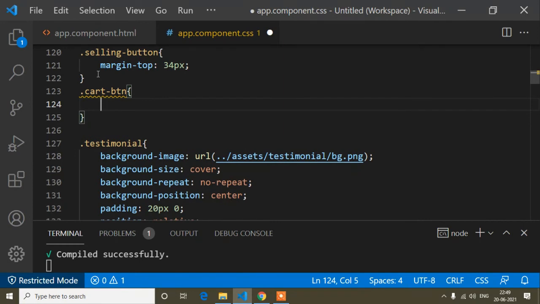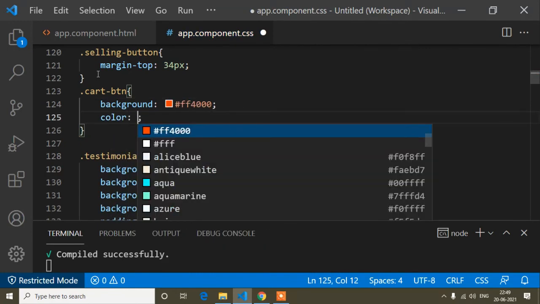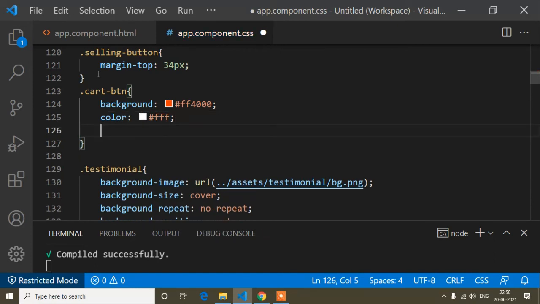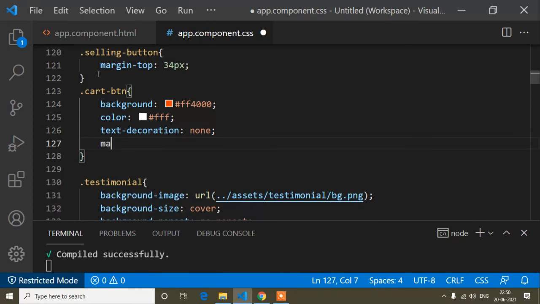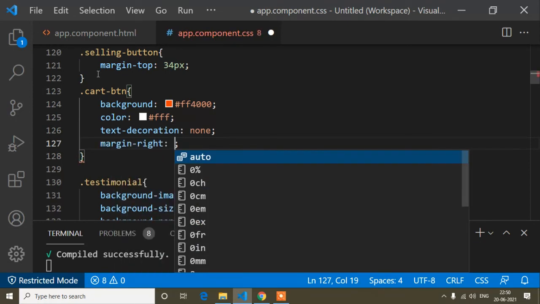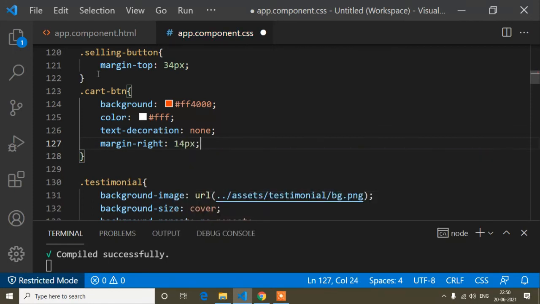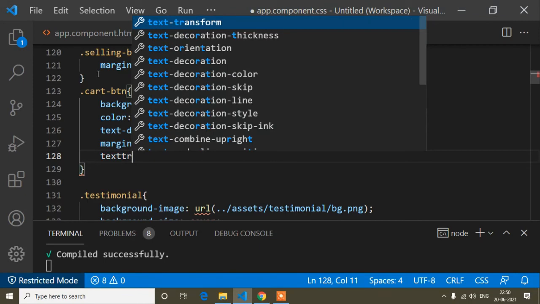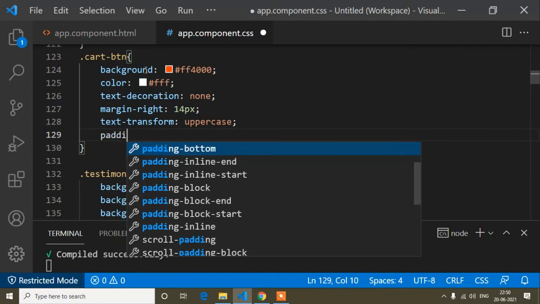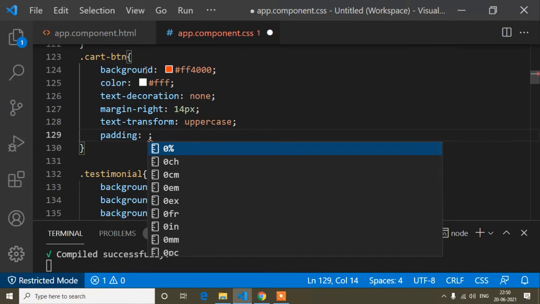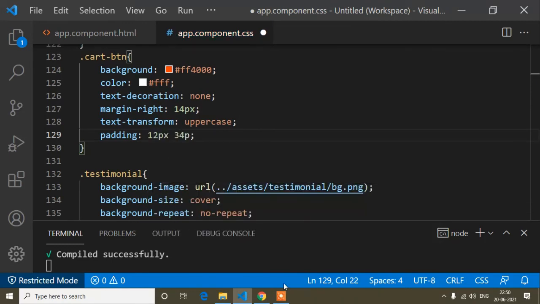So first of all the background, the background color is this color, and the color is white, and text-decoration none, that means the underline will not come, and margin-right is 14 pixels, text-transform is uppercase, and padding will be 12 pixels from top and bottom, 34 pixels from left and right.